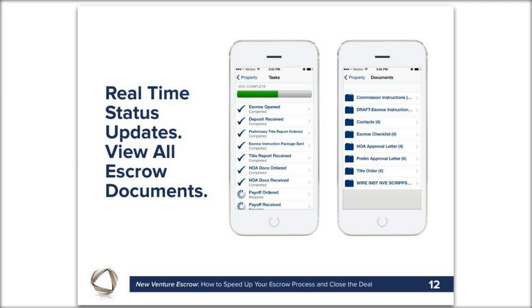As you look at that first screen under tasks, you're going to see certain things are checkmarked. Those are the tasks that have been done. Sometimes in escrow we have what we call escrow speak. That's terminology that we use. It's industry specific and doesn't necessarily mean the same thing to everybody all the time. So what we've done is, when you click on any of those buttons, it's going to give you a brief description of what those terms mean and how they equate to your transaction, so you get a better understanding of all the different tasks involved in the closing of an escrow, what they are, and how they correlate